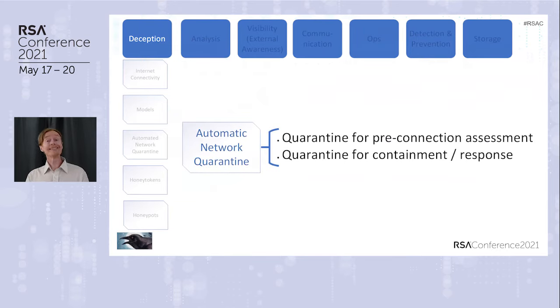You might do automated network quarantine, wherein a system which wants to connect to your computer network is going to be interrogated prior to being allowed on the real network. Right? This sort of automated quarantine has been around for a while, but it's actually an aspect of deception. Another way that we could use this exact same technology is when we have a host which we're suspicious of after it's been allowed in, we can flip it into a quarantine subnet for some period of time. It would be great if that quarantine subnet looks exactly like our real network.